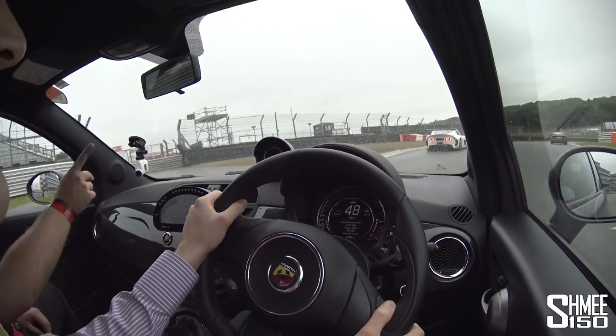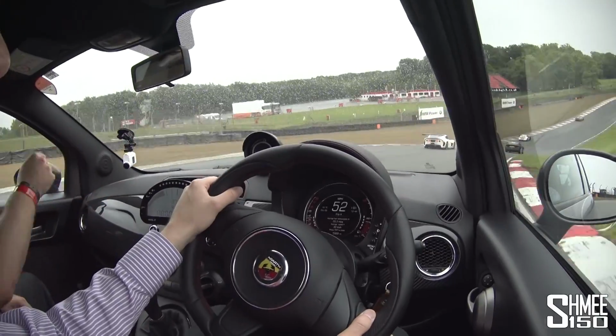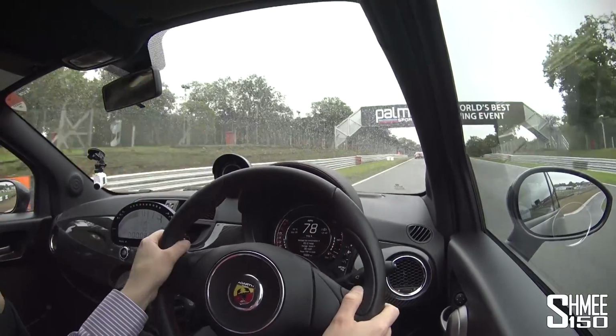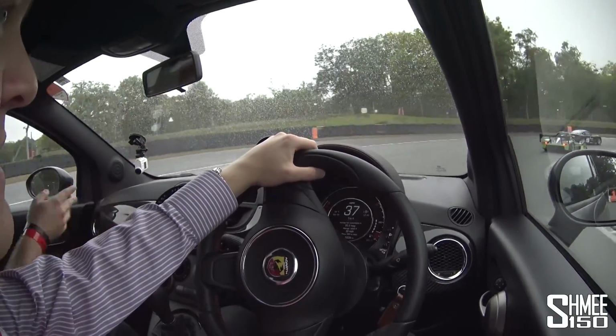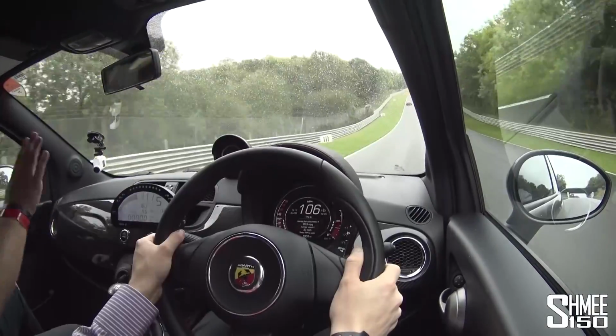Third gear, and then round to the right, and then we've got very busy very quickly. Yeah, so obviously with the car coming out of the pits doesn't make it ideal either. And we'll just stay to the left-hand side up here, stay to the left, good, and then brakes, gear 3. Yeah, generally the track days aren't as busy as this. Obviously being on the GP circuit before a touring car weekend means everybody's out doing sneaky testing